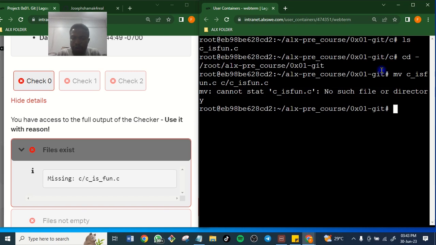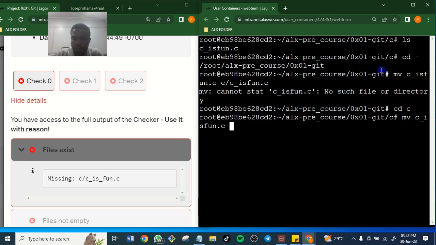Okay. Let's do that in our C. Let's cd into C. It's only inside C we can do that. Okay, mv. Sorry, mv. So C is what? fun.c. What do we want to change it to?